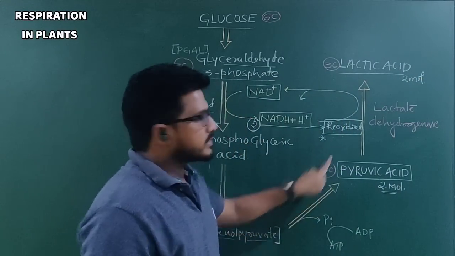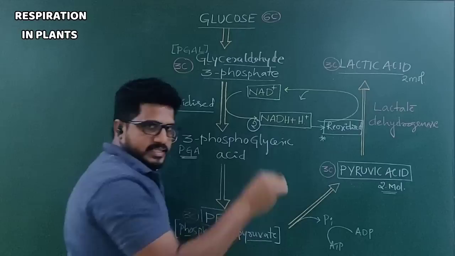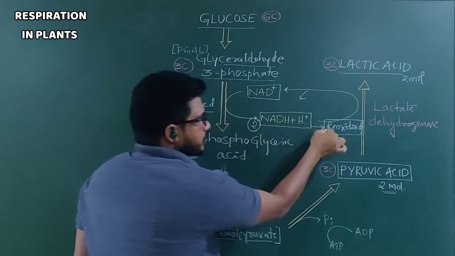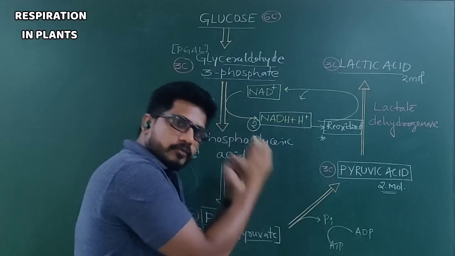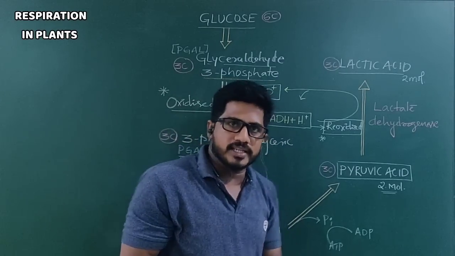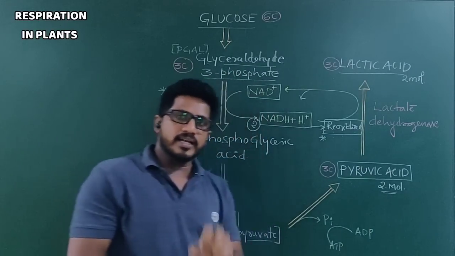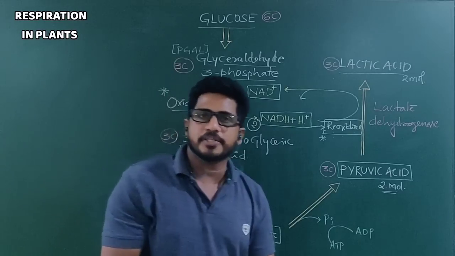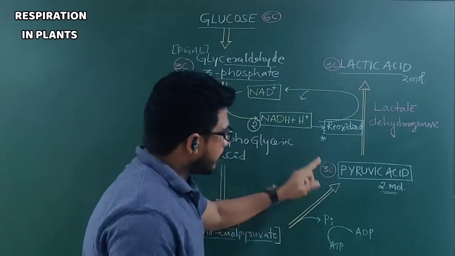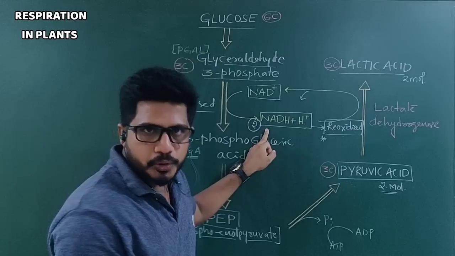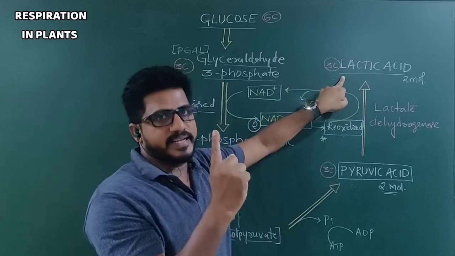So 2 3s are 6, 2 3s are 6. Suppose 1 pyruvic acid becomes 1 lactic acid is your assumption, then 1 NADH2 becomes 1 NAD. So where is NADH2 produced? In glycolysis. So the NADH2 formed from glycolysis is utilized by the pyruvic acid in case of anaerobic respiration. Today's class is only about anaerobic respiration. Okay, fate of pyruvic acid in anaerobic respiration. So 1 pyruvic acid requires 1 NADH2 in the process of reoxidization and results in 1 lactic acid.